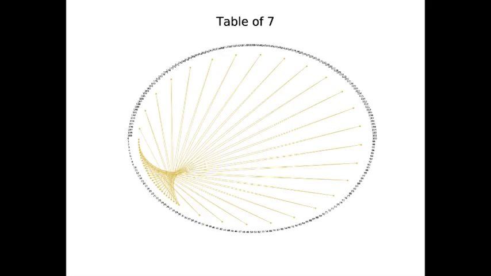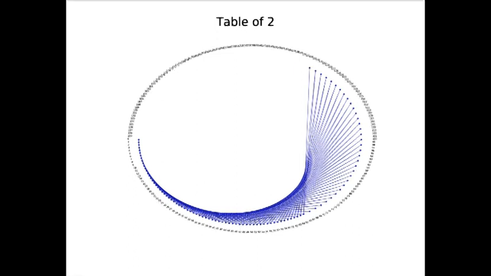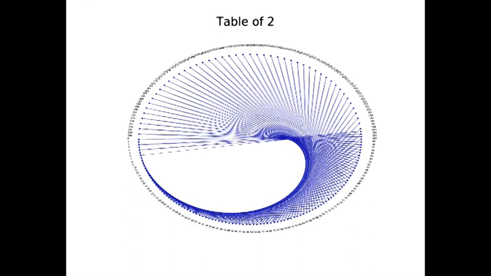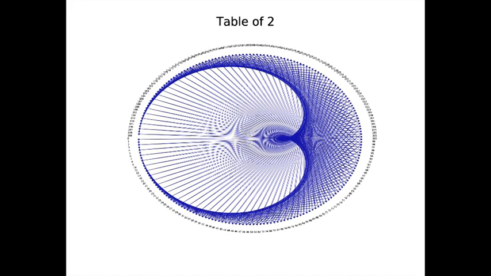But the table of 7 was hard enough, so let's just stick with an easy number for now. Let's consider the table of 2. So we will connect again 0 with 0, 1 with 2, and so on. And as you can see, a very beautiful structure is being created. And as it comes to a close, we finally see that shape again. Who would have guessed the table of such a meager number could look this beautiful? If only my teachers would have taught me tables so beautifully in primary school.